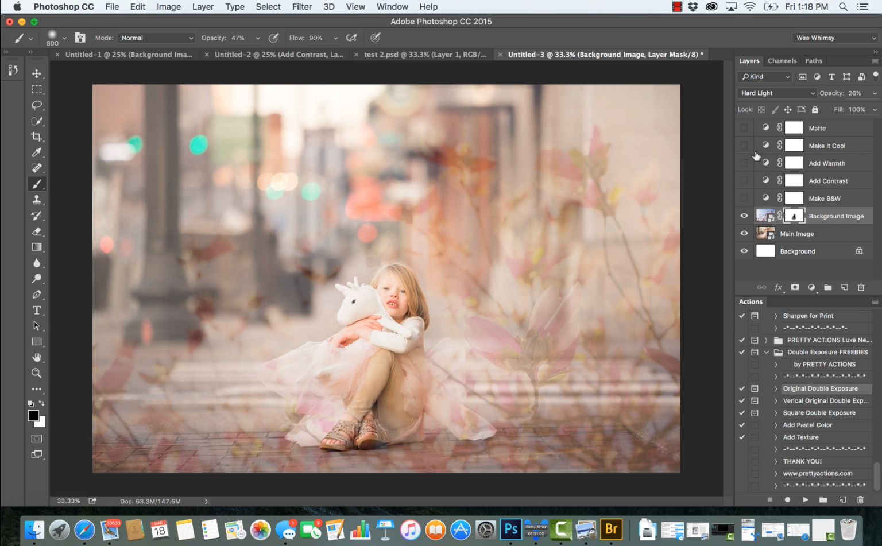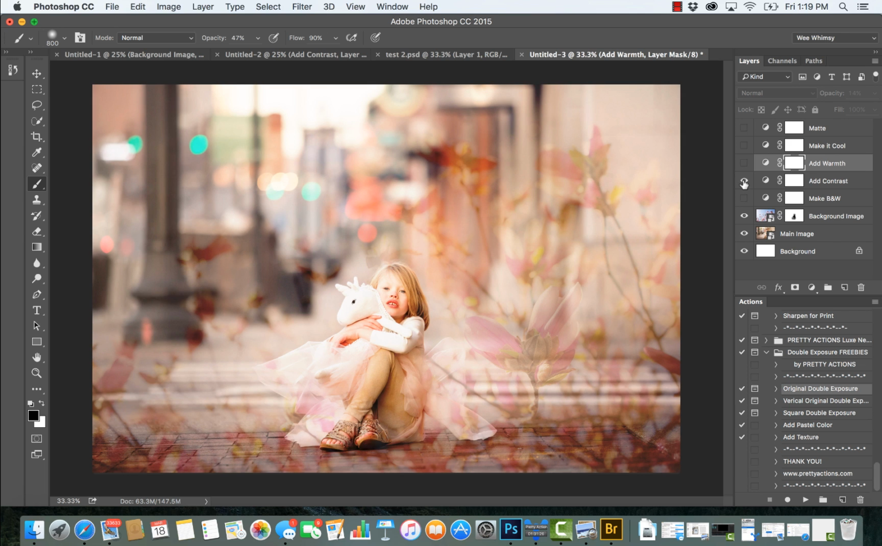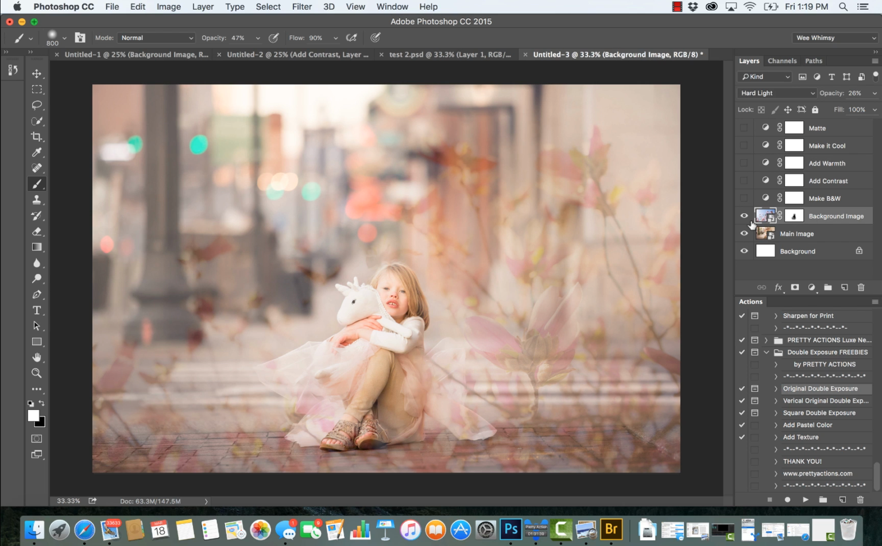Now down below that, I have Make It Cool. I'm gonna click on that icon and I have a really nice, cool tone that's added to my image here. Next, we have Add Warmth. Okay, now keep in mind, each one of these, just click on the individual layer and you can change and adjust the opacity if it's a bit too strong. Okay, next down we have Add Contrast and Make Black and White. So super, super simple set to work with and really a lot of fun with creating all of these different